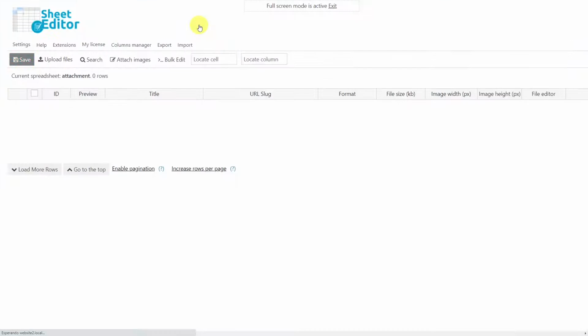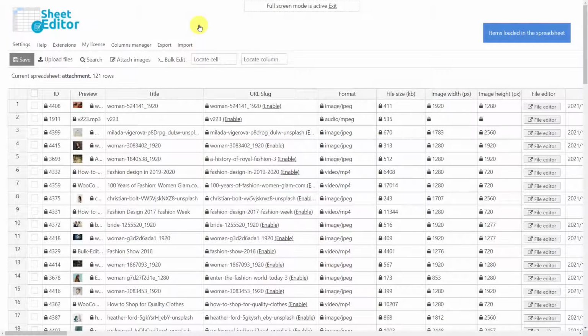To achieve this, we'll use the Media Library Spreadsheet plugin. This plugin completely simplifies the way you manage your WordPress files. It will show you all the files in a spreadsheet, where you can apply changes in bulk and do advanced